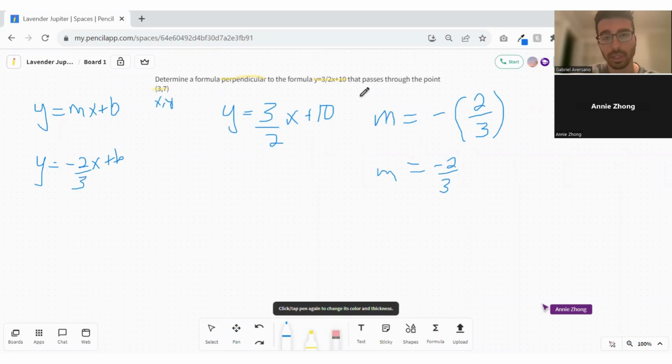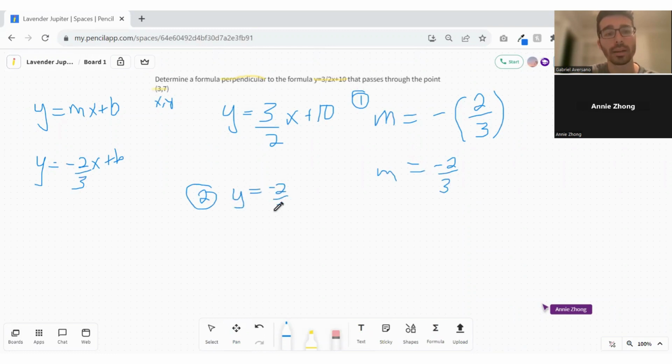Awesome. Okay, so this was step 1, solving for the slope. And for step 2, we're going to plug in x and y that represent the point. So y was equal to 7. And x is equal to 3. So you can see in this equation, we have one unknown, which is b, the y-intercept, which means we can solve for it. So we'll keep the 7 over here. If you multiply negative 2 times 3 over 3, these 3's just basically cancel out, or it gives you a 1. So we're left with negative 2